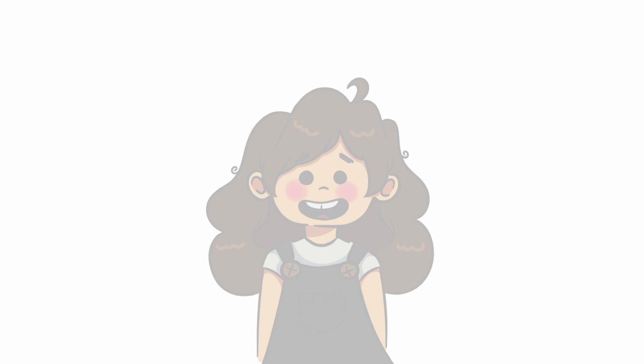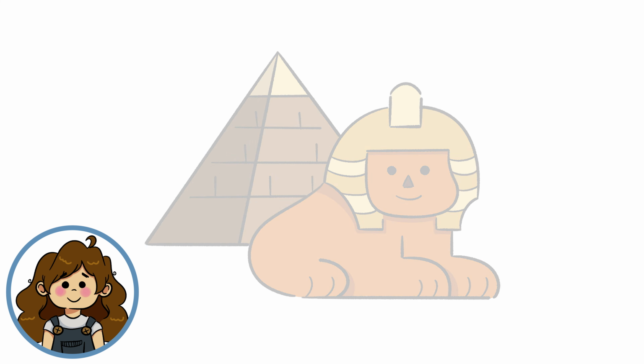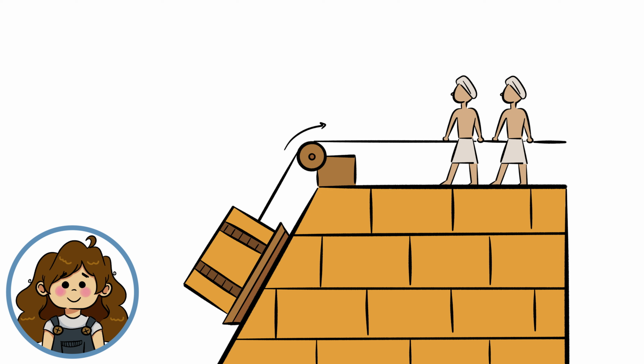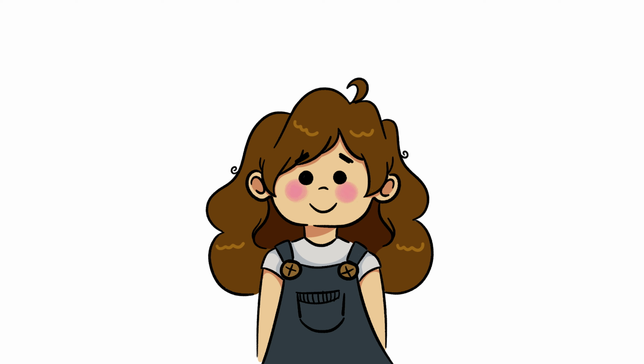Let's go back in time to nearly 4,600 years ago, when the Great Pyramids were under construction by the Egyptians. While we'll never know for sure just how these massive structures came to be, we can infer that the Great Pyramids were likely built by a simple machine known as the pulley. Pulleys are the basis of modern machines that we use every day.